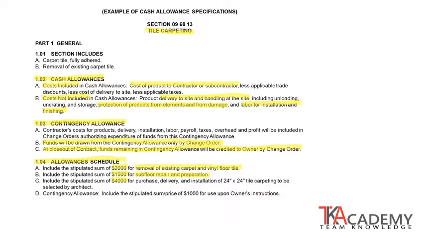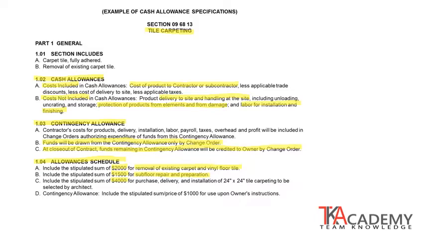We know that there may be some repair and remediation work that needs to be done to the subfloor or substrate, but we don't know the extent of that because it's currently covered up with the existing floor. So we won't know it until we remove the floor, and then we can evaluate and see how much repair and work needs to be done. And that money is there to execute that work, and the contractor can draw down from that. Again, any remaining amount that's not used, if there's not much repair work, then goes back to the owner.